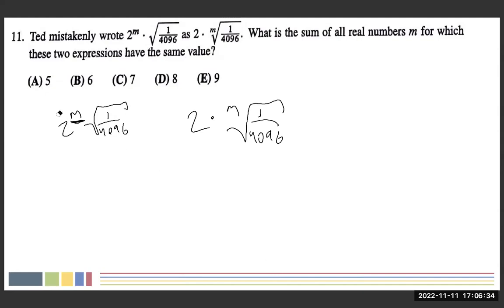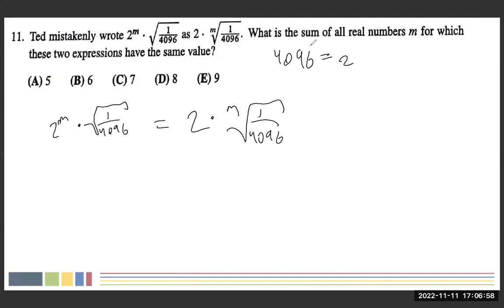Let's just set these equal to each other and write in this product, right? So this is 2 to the m times the square root of 1 over 4096. And one thing to keep in mind is that if you just divide 2 from 4096 a lot of times,